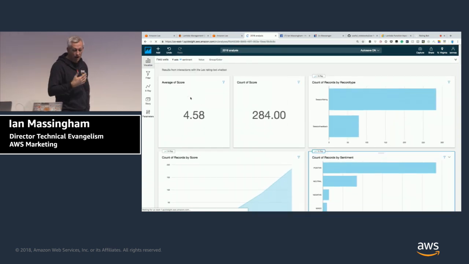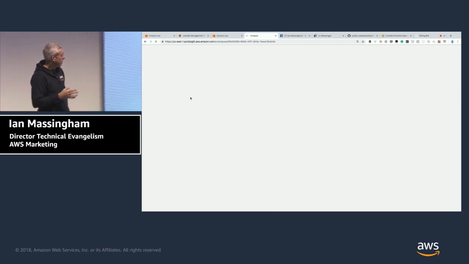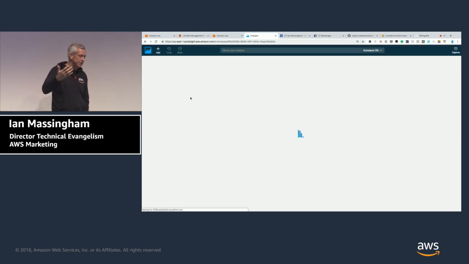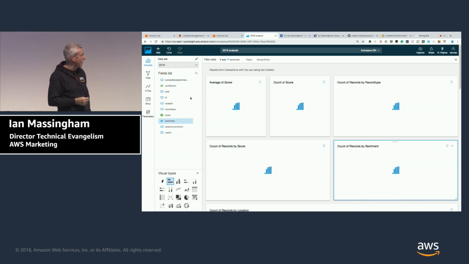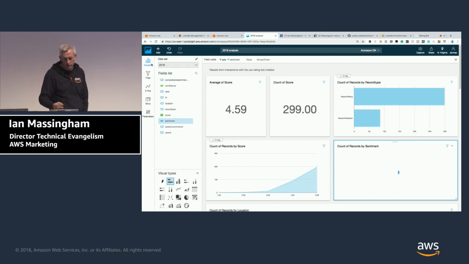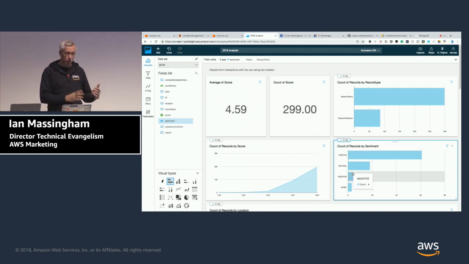what's happening now in the background is a series of SQL queries have been sent to our Athena endpoint. Okay, our Athena endpoint uses a DDL, a data description language, which maps the schema of the files that are being deposited inside that S3 bucket. And it will perform an SQL-style query across an array of data objects. Okay, so we don't have a table per se, we just have the objects scored. And you can see that our scores have gone up to 299, so 15 people provided a score, which is very kind of you. And my average has ticked up slightly to 4.59, so more positive than the average on balance.